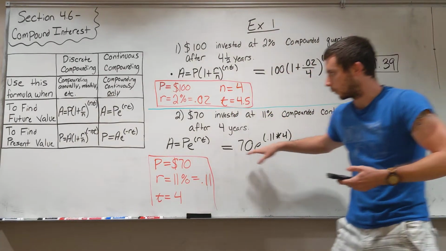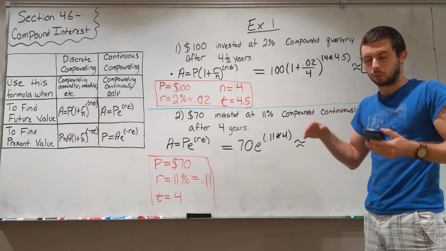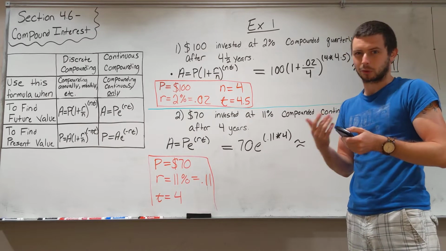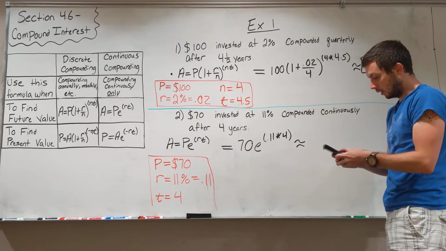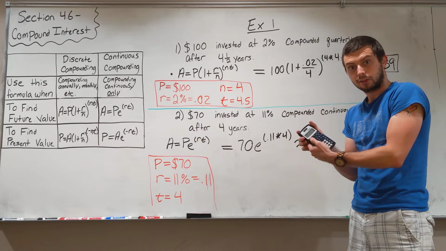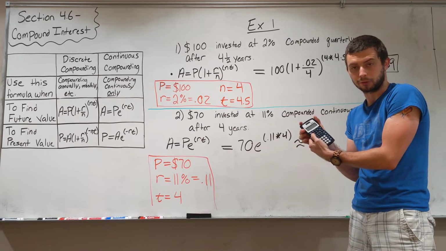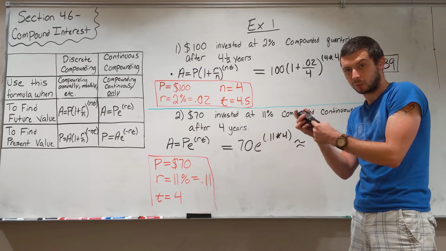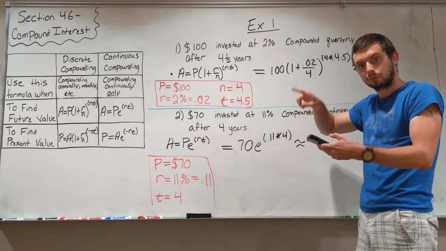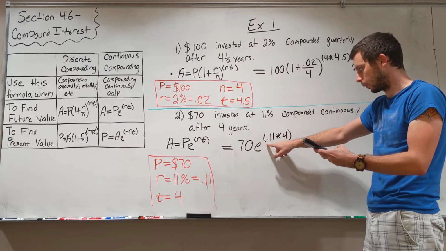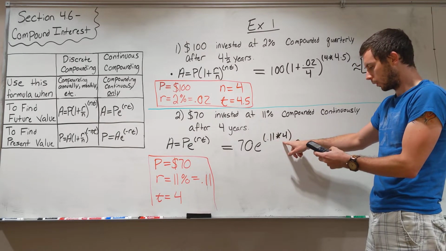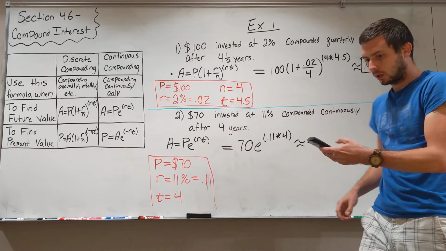If you resemble the formula exactly, you won't have to worry about order of operations or plugging into the calculator in a fancy way. So 70, and remember E, you have to press second, and then the third button on the first column. You'll see it in blue there, E raised to the X. You will get E, a caret, and an open parentheses. So we can start off with 0.11 times 4, close parentheses,